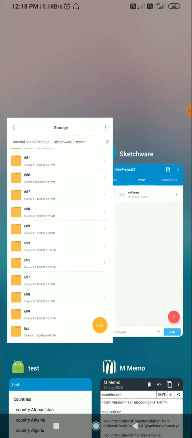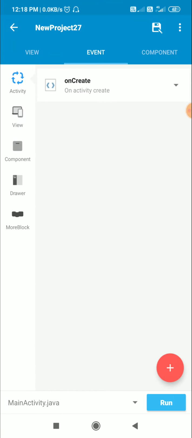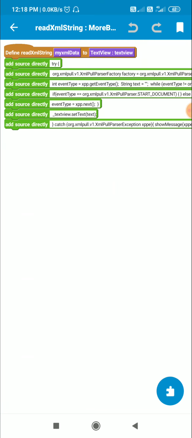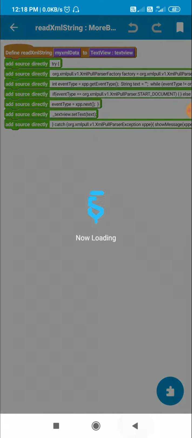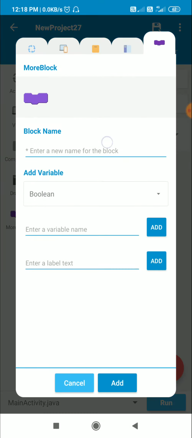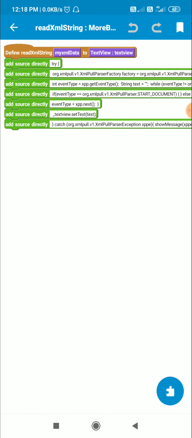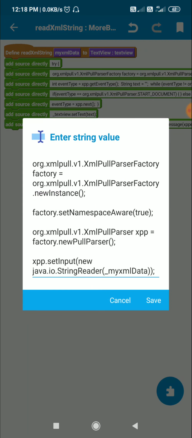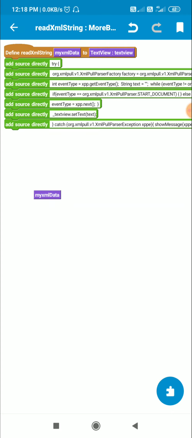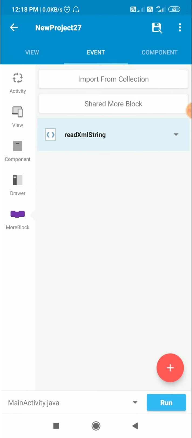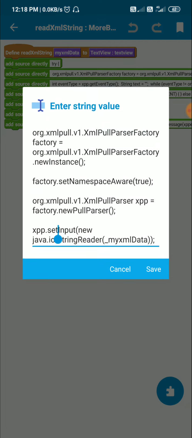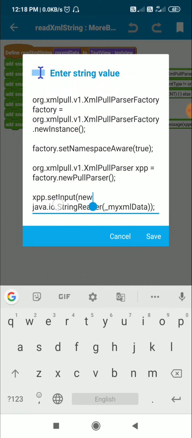Now after this, here I will just create a new more block, or I can do it here also. So instead of this string, it will act as a file name. Okay, here I will write xpp.setInput new java.io.input stream reader.